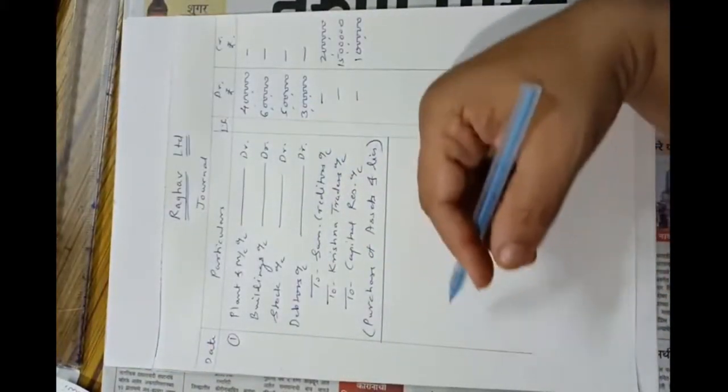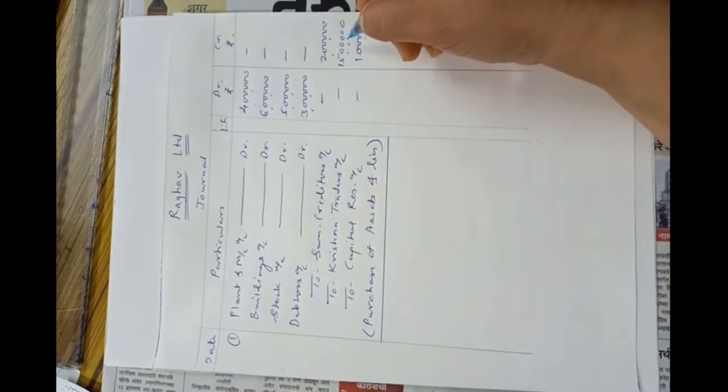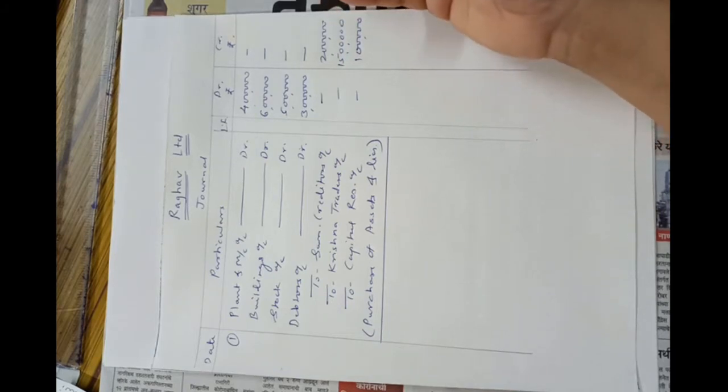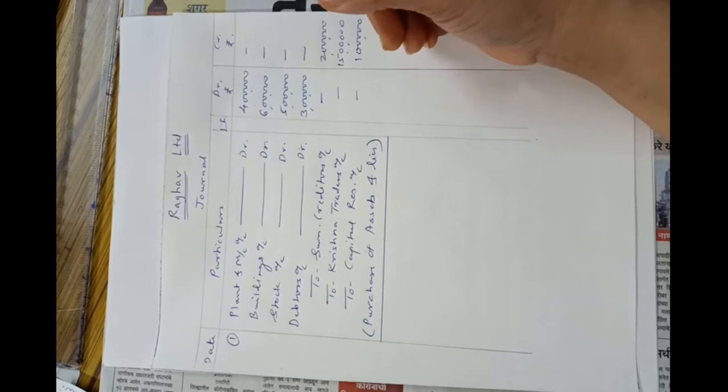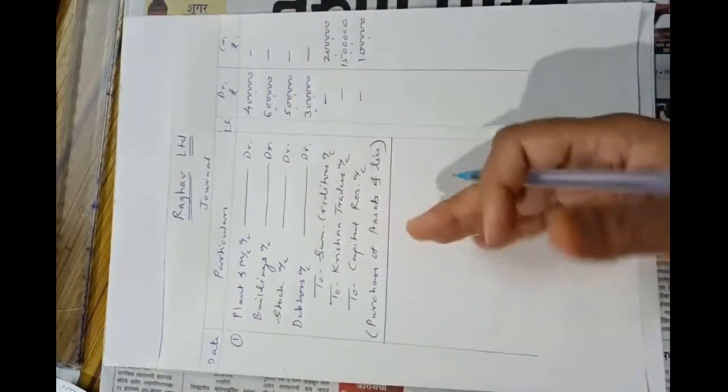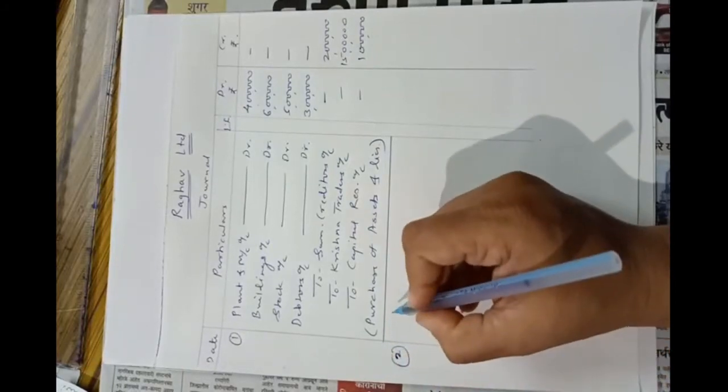Now they told us that from rupees 15 lakhs, that is purchase consideration, payable rupees 3 lakhs by check, means through bank, and for the balance issued 9% debentures of rupees 100 each at par. Out of 15 lakhs they will pay rupees 3 lakhs by check, so the remaining 12 lakhs will be payable in the form of 9% debentures of rupees 100 each at par. So at par means at rupees 100 only. So debentures will be 12,000, that is 12 lakhs divided by 100 rupees per debenture. So let's pass the second entry now. Krishna Traders account debit.